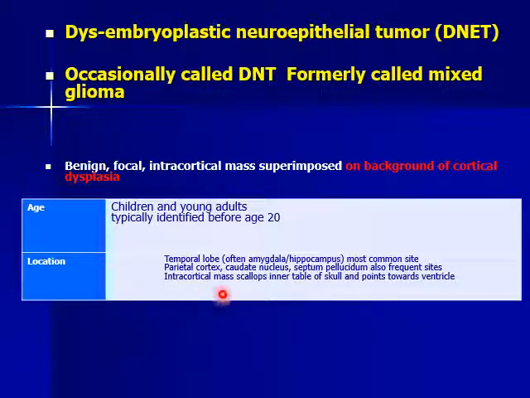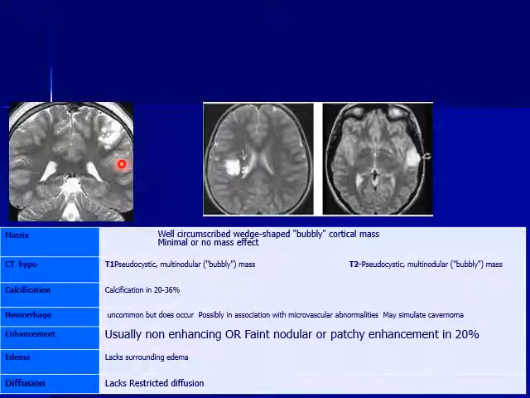The temporal lobe, often the amygdala or the hippocampus, are the most common sites. The parietal cortex, caudate nucleus, septum pellucidum are frequent sites. Intracortical mass, because it is benign and long-standing, it may cause scalloping of the inner table of the skull and usually points toward the ventricle. As you see,